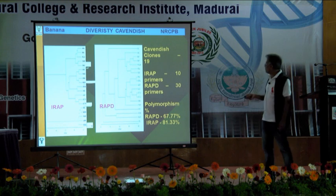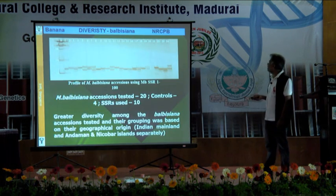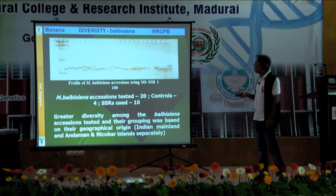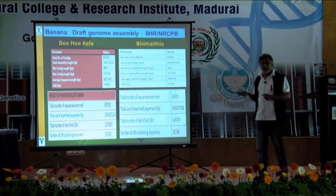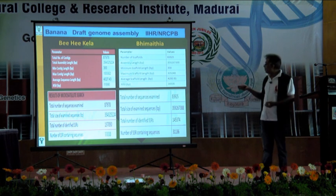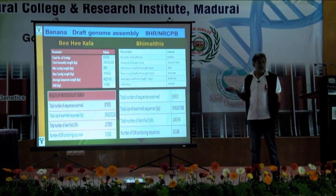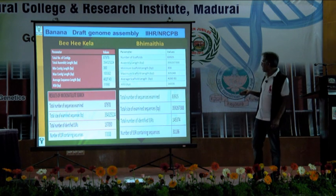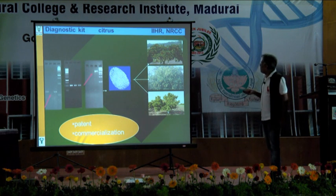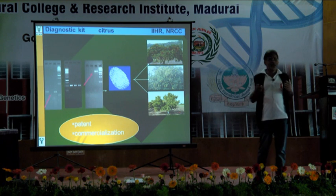Then you can see here Cavendish. Within Cavendish, they did a lot of groupings on diversity, on Bulbasiana. Even NRCB and IIHR together are working on the banana draft genome. So maybe within one or two years, a complete draft genome of Bulbasiana may come, so that it can be used for banana breeders. Then coming to diagnostic kits, diagnostic kits are very, very important for the future,